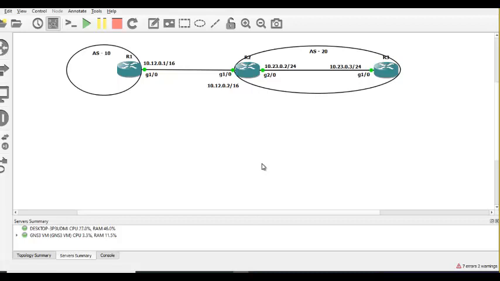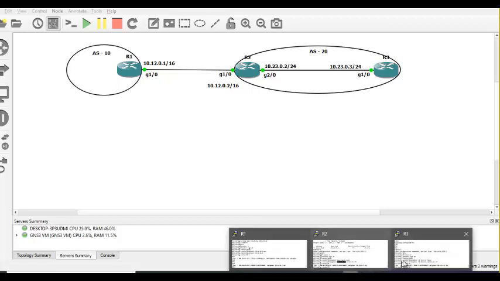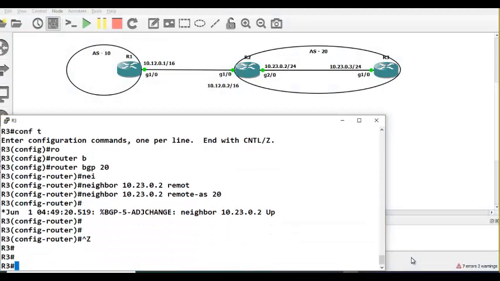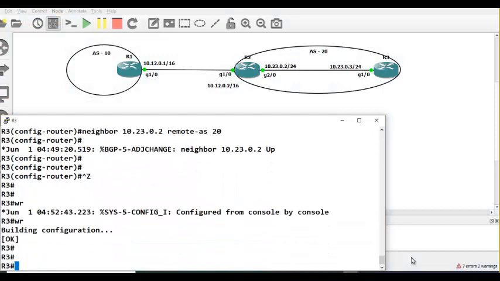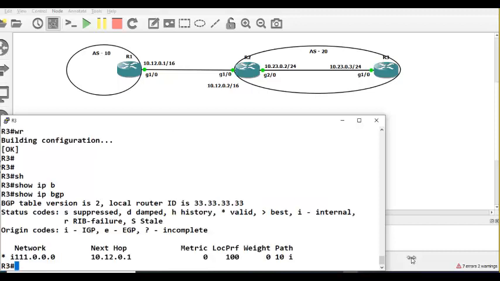Yes? We advertised in R1 and we also saw R2 giving it to R3 in the Wireshark. Now I'm going to show you here. Show IP BGP. You see, you can see 111 coming from, this is R1's address, and it is coming from AS 10, right? So